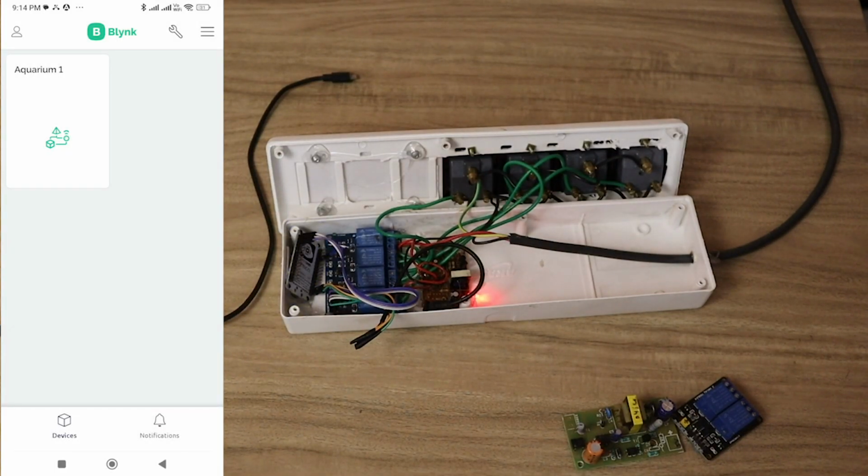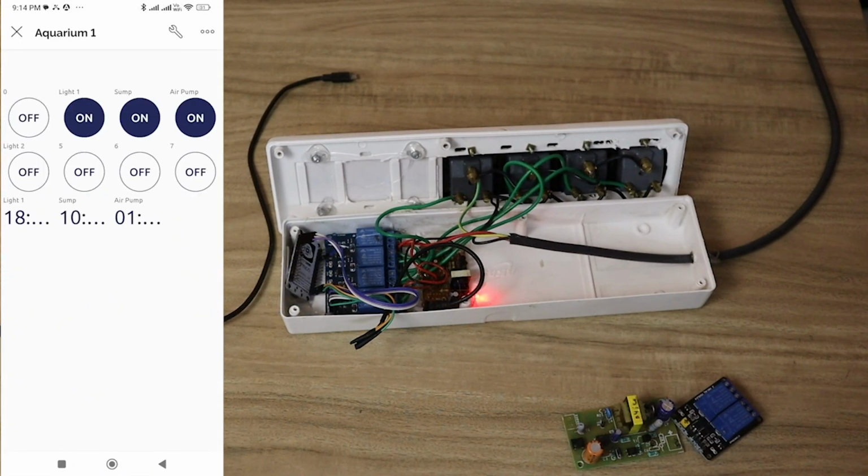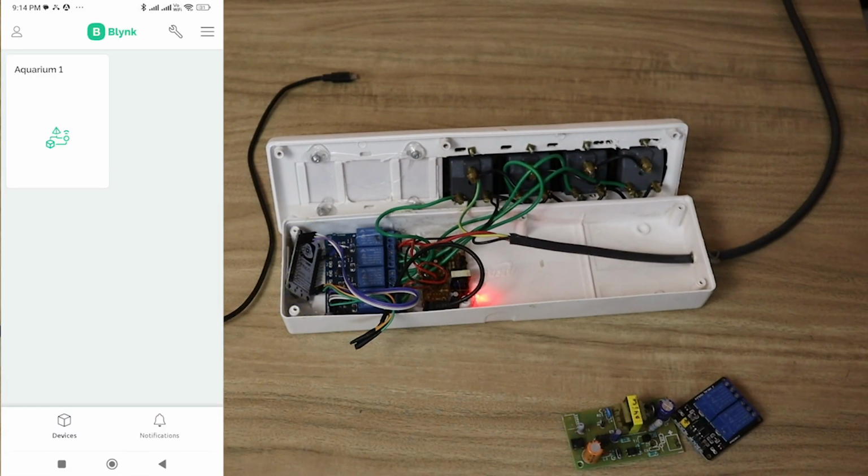Okay, so this is how the app will look. Initially, in your case, you are not going to have any device. I already created one project before, so that's why I have the Aquarium 1 I initially showed you. This is how it looks like. Now in your case it will be empty. What you have to do is go to here and add new